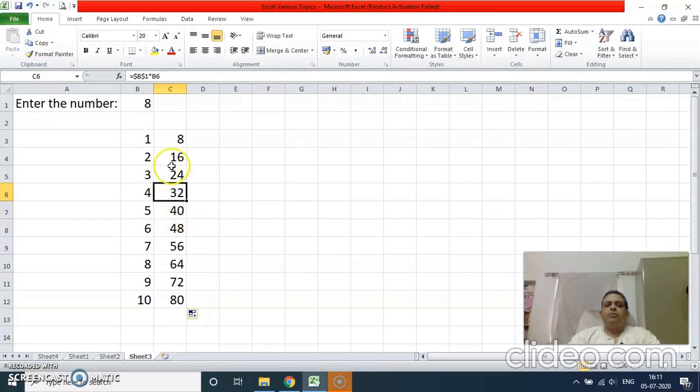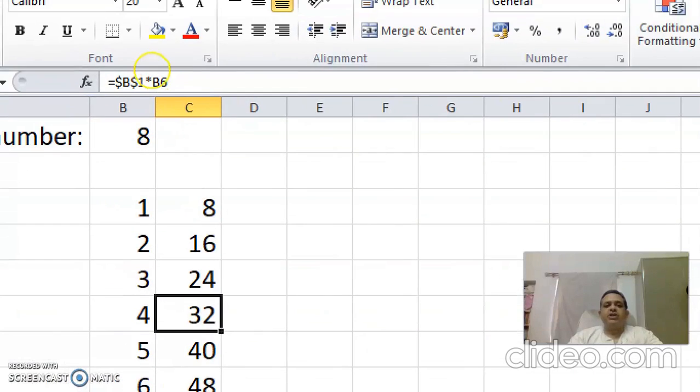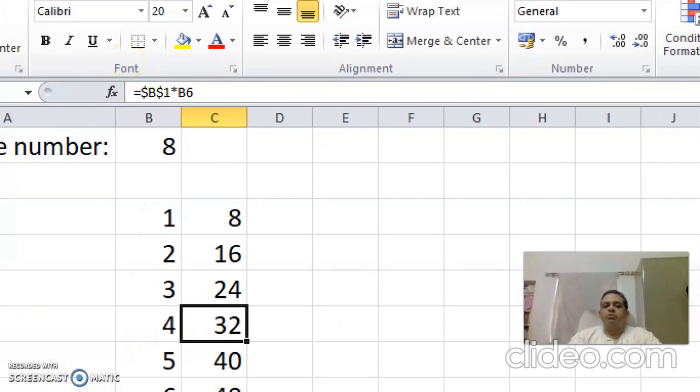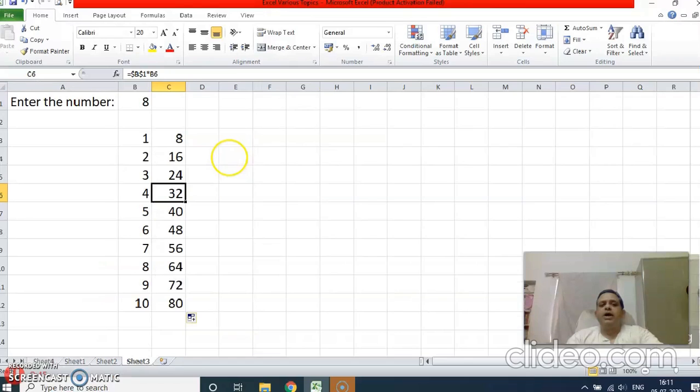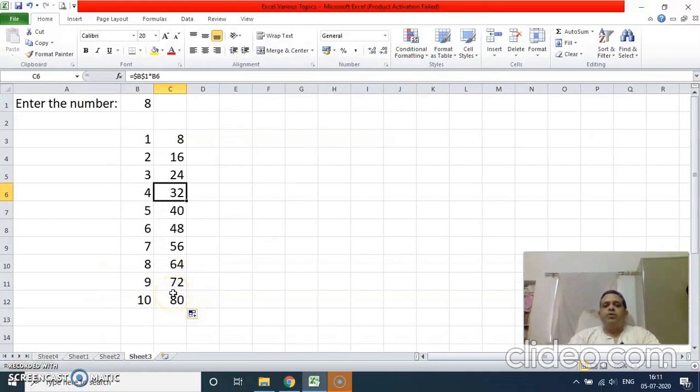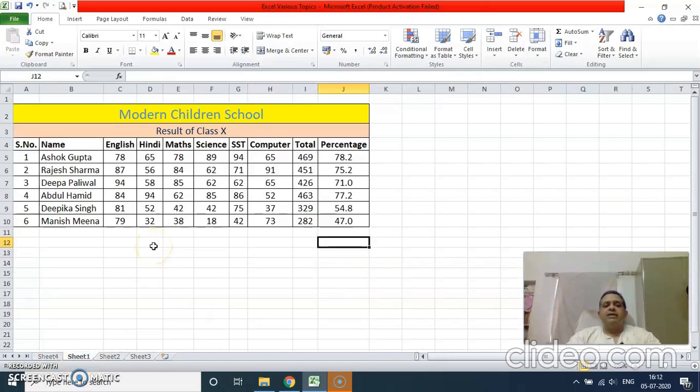When you are copy pasting a formula, the absolute reference part doesn't change, meaning $B$1 is not going to change when you copy paste it, but the other cell reference that is not absolute, that is relative, is going to change. So this is the benefit, and we use them as and when required. By default, when you start working in Excel and you copy paste, the referencing is relative referencing. So wherever you copy paste a formula, it is going to take the same relation it was having in the original cell. All right, now the last topic that remains is conditional formatting.